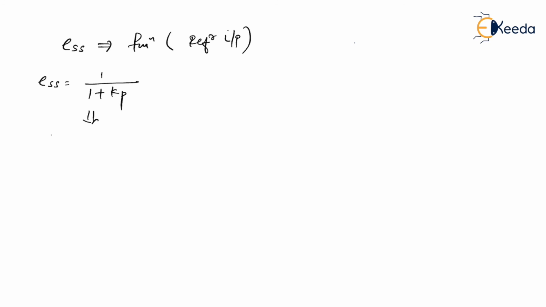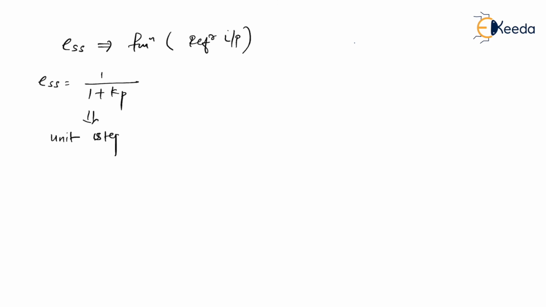So we have seen ESS is a function of what? A reference input. This reference input can be position input, velocity input, or an acceleration input. That is nothing but a unit step input, unit ramp input, or unit parabolic input. So we have seen ESS can be 1 upon 1 plus Kp in case of what? In case of